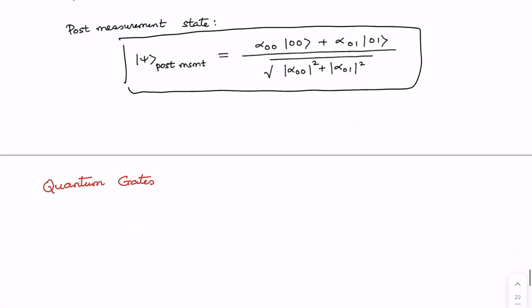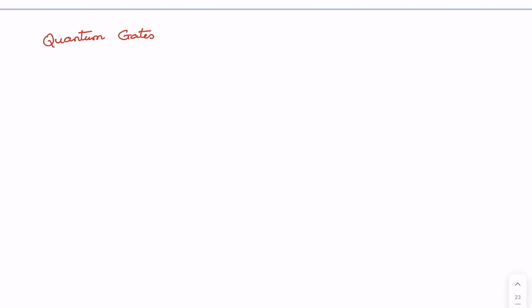Okay. Now let me talk about the manipulation of quantum bits or qubits. Qubits are manipulated by the so-called quantum gates. A quantum gate operation takes a qubit from one point on the Bloch sphere to another point on the Bloch sphere, and quantum gates are analogous to classical logic gates. For example, all of you know about the classical NOT gate, and you may recall that the symbol for the classical NOT gate is this, where X is the input and Y is the output. What it does